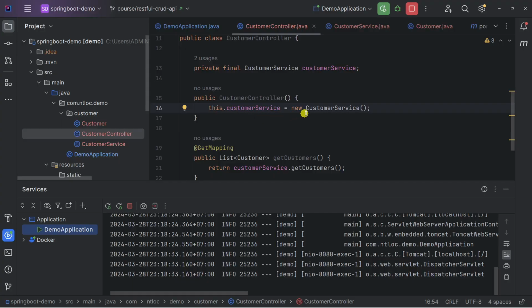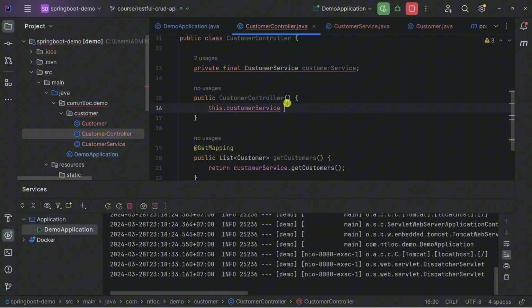But the thing is, when you are writing code within Spring and Spring Boot, you should not write code like this. That's a bad practice in here. We must use dependency injection when we have a chance to do so.